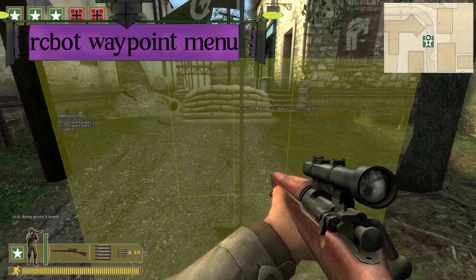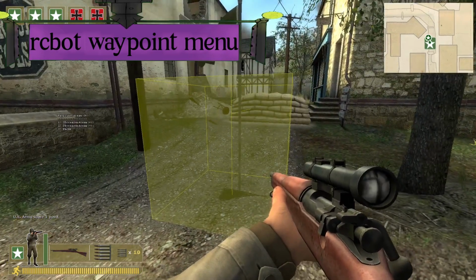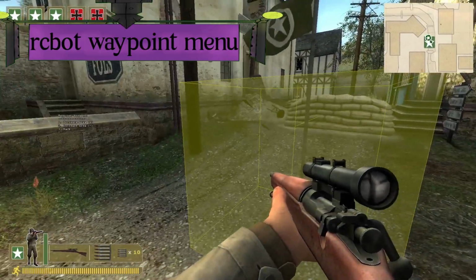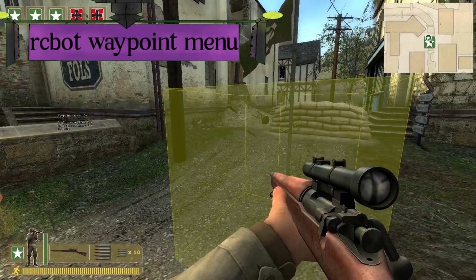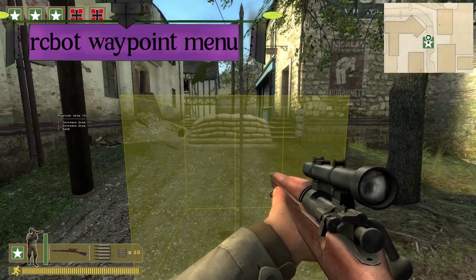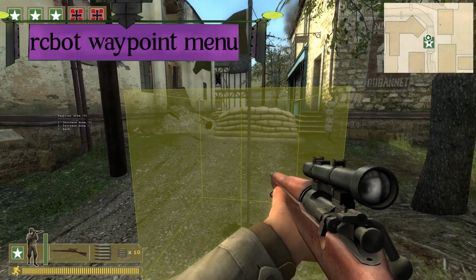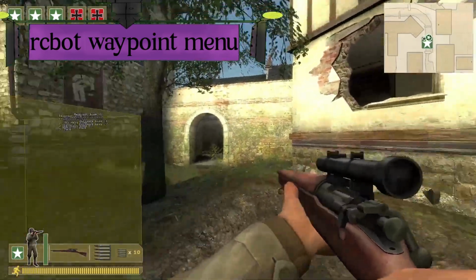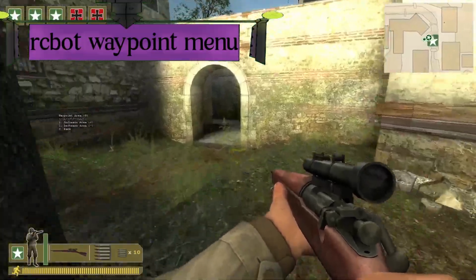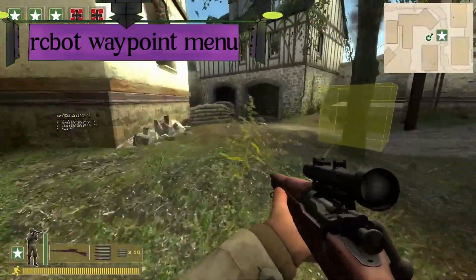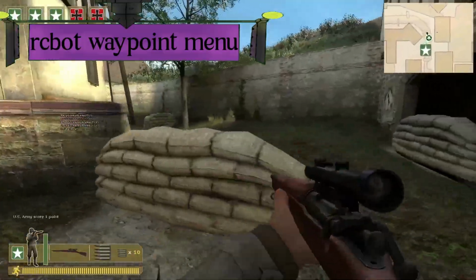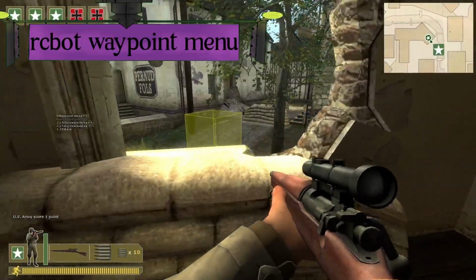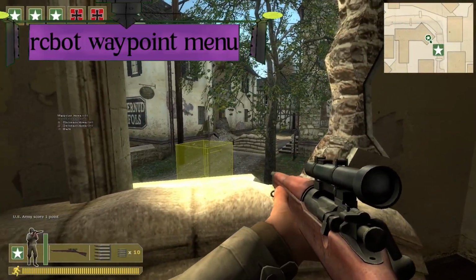So meaning every flag which is set for area 2 will be mostly either for defending or attacking for that specific point. Let's say you want a sniper, which I currently am. You want a sniper defending this flag. So what you could do is you could add a sniper here, or it can be just a machine gunner